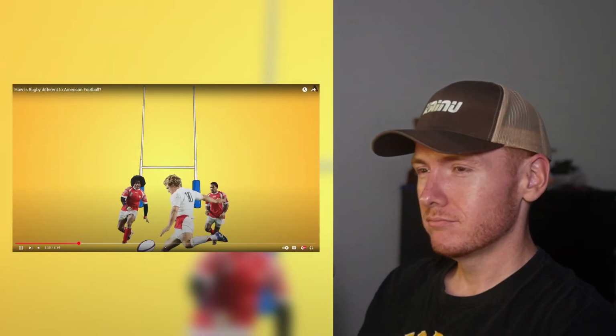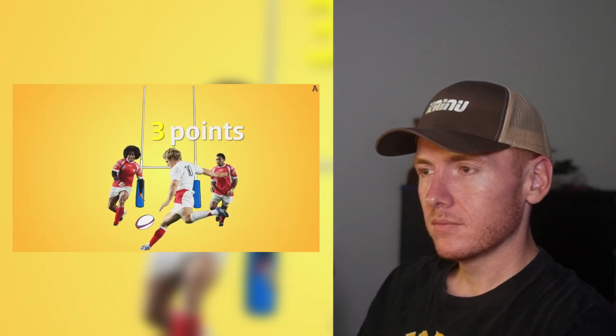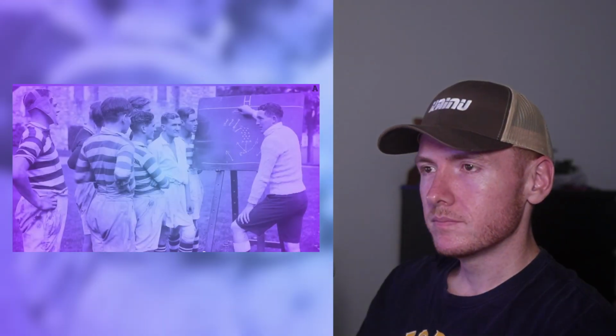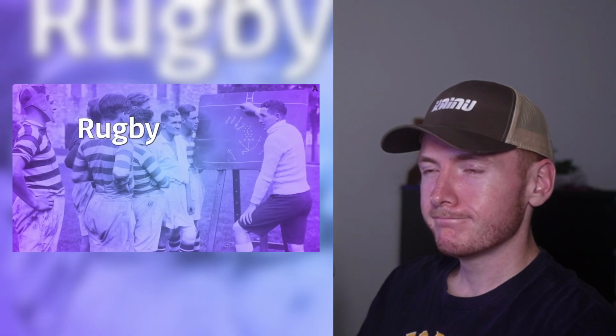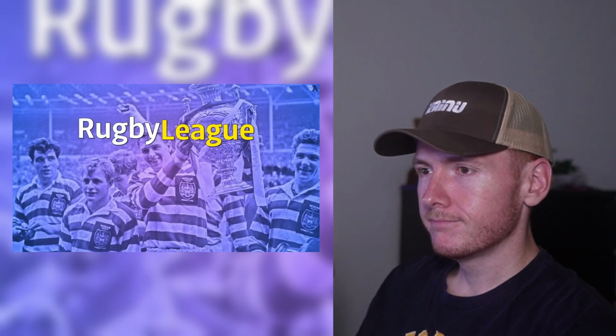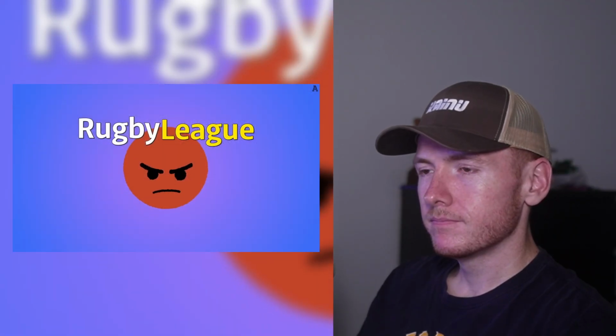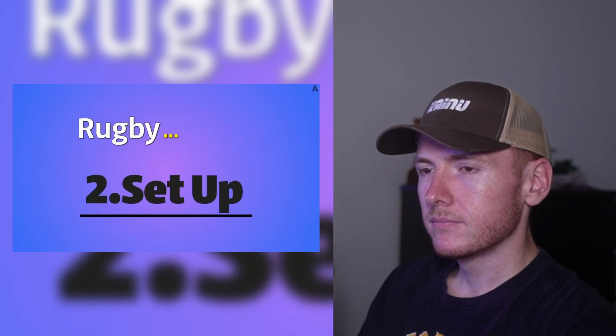So, kick the ball between the posts in open play for 3 points in what's known as a drop goal, but these are relatively rare. Now, it's probably important here to specify that when we say rugby, we're really talking about Rugby Union, the most popular code of the sport. There's also Rugby League, a different code with different rules, and fans who would be justified in their annoyance at this video describing Rugby Union as just rugby. But for the sake of simplicity, we continue.